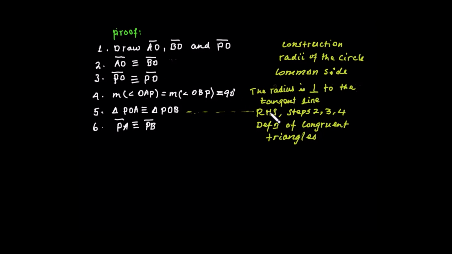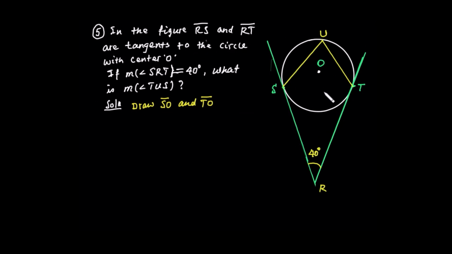ስቴፖች 2, 3, 4 እዚህ ላይ የገለጽኳቸው ራይት አንግል ሃይፖቴነስ and one side theoremን ይጠቁሙናል። ስለዚህ በዛ መሰረት ትራያንግሎቹ ኮንግሩዌንት ናቸው by the definition of congruent triangles። እኛ የምንፈልገው ሳይድ PA ነው። ስለዚህ PA is congruent to segment PB, or PA is equal to PB። በቁጥር ስናስቀምጠው ሴግመንቶች ኮንግሩዌንት የሚባሉት በቁጥር ስናስቀምጣቸው በቫልዩ PA is equal to PB አድርገን እናስቀምጣለን። ስለዚህ ፕሩፍ አደረግነው። ፕሩፍ ያደረግነው ምንድነው? two tangents from an external point drawn to a circle, so they have the same segments from that point P to the point of tangency እኩል ይሆናሉ። ያንን ነው ፕሩፍ ያደረግነው።